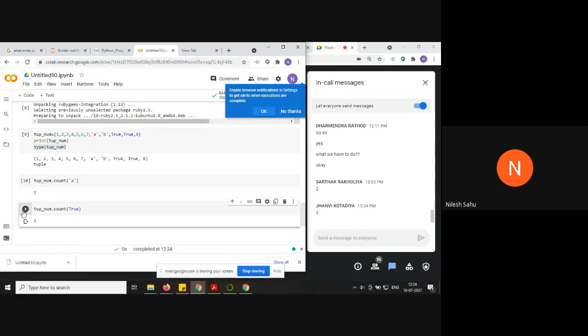Why is it 3? You said true, but it's returning a 3. Anyone? Why? Sarthak and Janvi. Output is 3, not 2. Why?